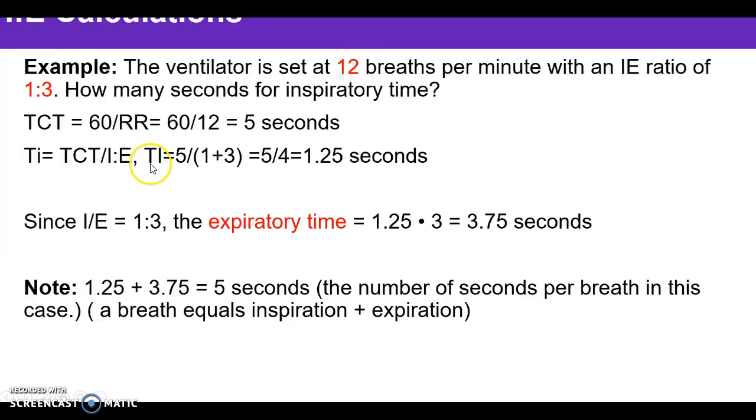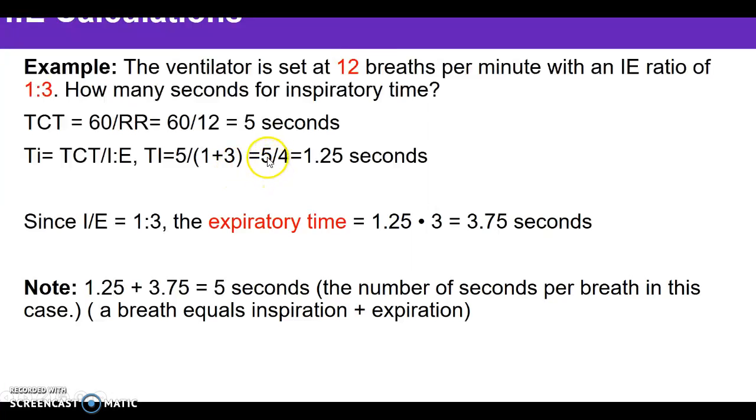So therefore, when we plug our numbers in, total cycle time is 5. The I to E ratio, we're going to add those two variables because we want to know how many, each one is a chunk or a component of the breath. So in total, there are 4 of those because we said that expiratory time is 3 I times, okay? So that gives us 4 equal components